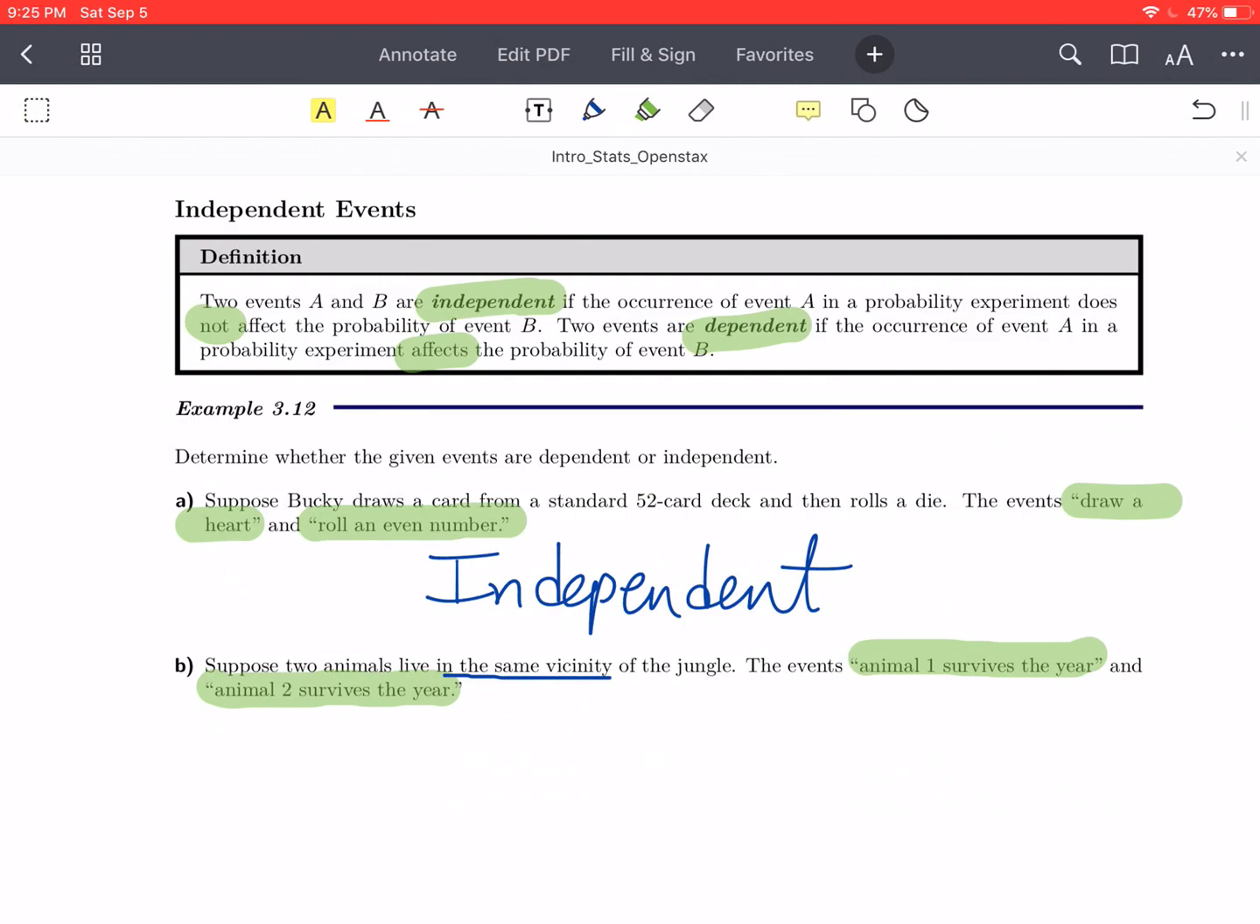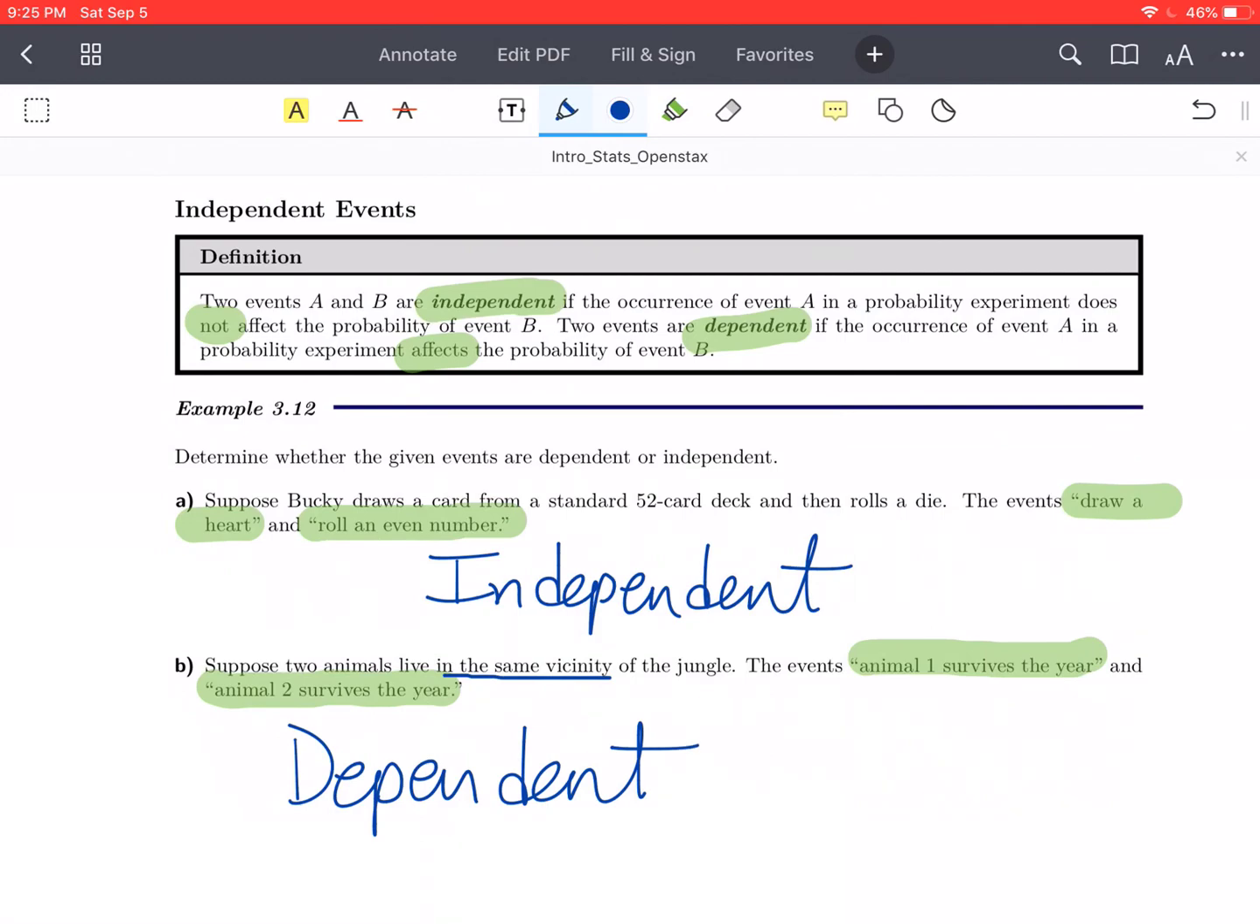Arguments for independence would be primarily lack of information. We don't know what kind of animals they are. They could possibly have no interaction whatsoever, even if they are in the same vicinity. But what we're going to say for this one is dependent, because the question seems to indicate that because they're in the same vicinity, there's probably some type of overlap there, some sort of effect that they might have on each other. So we'll say it's dependent, but